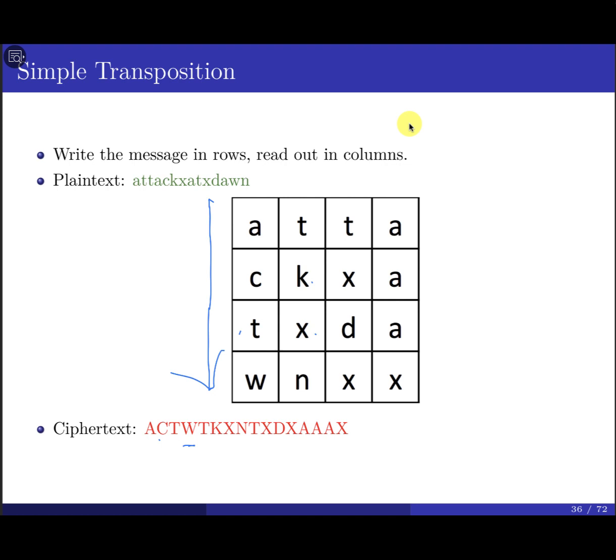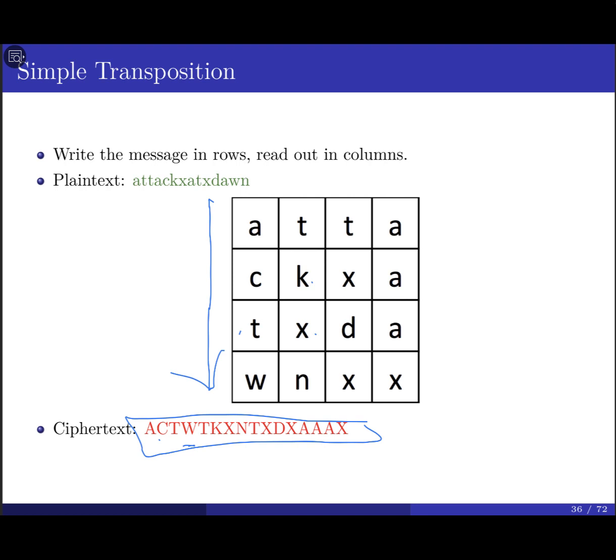So in order to decipher or decrypt this one, you can't just take the message itself; you have to reverse the operation, in order to produce the plaintext that you're looking for here. For example, you can write the ciphertext into the matrix by columns and read the plaintext out of the matrix by rows, because you need to reverse the operation.